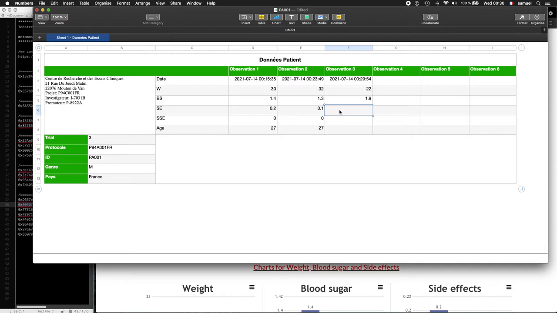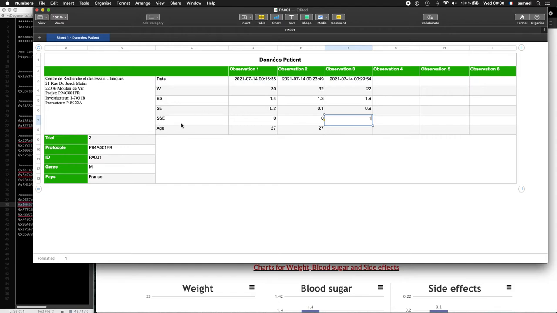For side effects, yes, there are some side effects. So we put 0.9, and this time we record a value that is close to 1. Since this value is close to 1, we have observed some serious side effects. So we need to put 1 here.